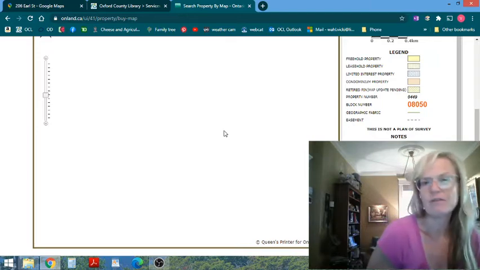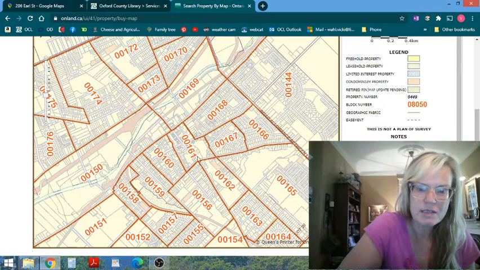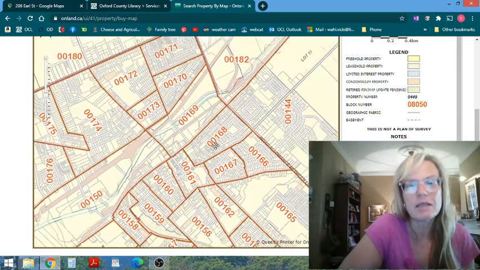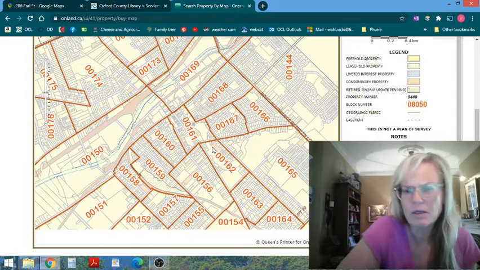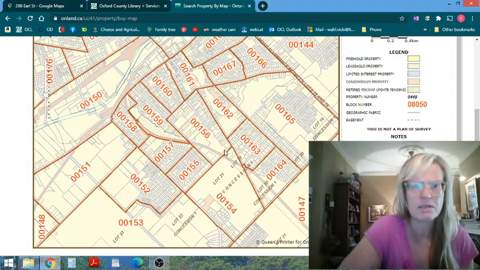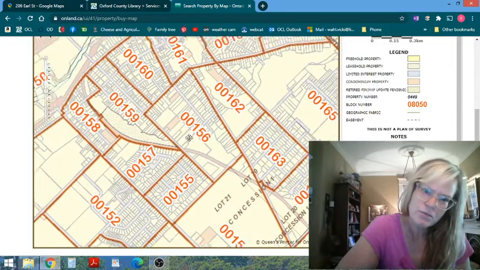That's sort of a different function. What you're going to be seeing here, as I said, is a list of previous owners and what dates your property changed hands, etc. So we're going to continue to zoom in here